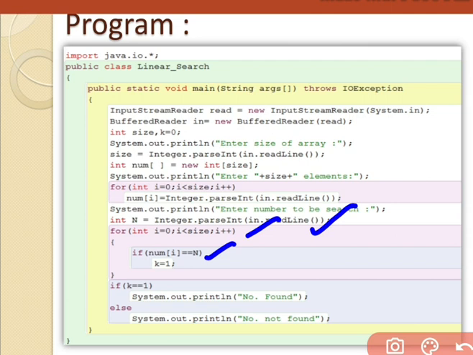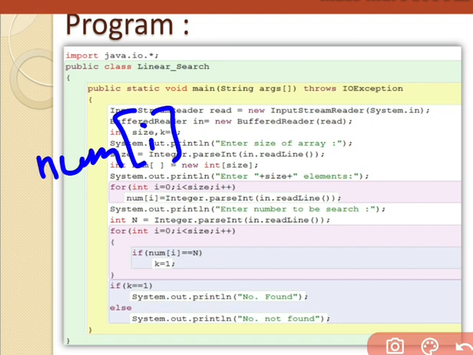If it is a string, then we have to use equalsIgnoreCase: num[i].equalsIgnoreCase(n). If you want, I will write it for you all. See, in this way, num[i].equalsIgnoreCase.